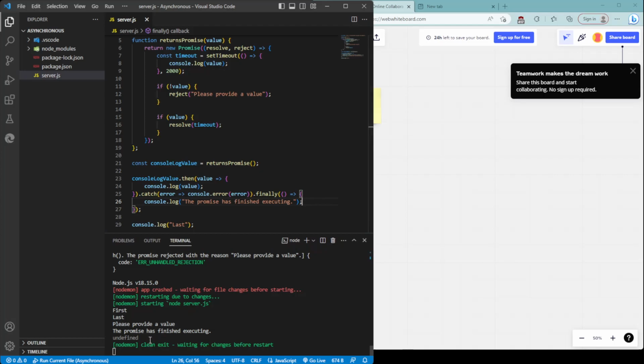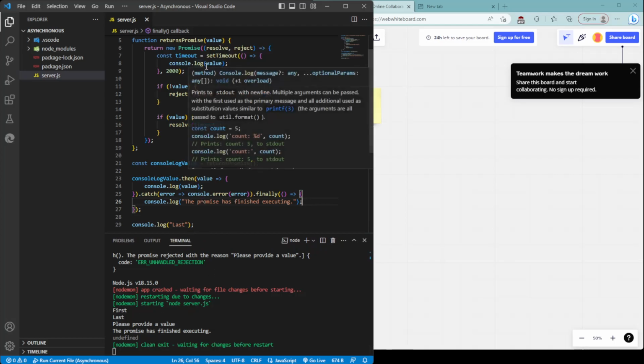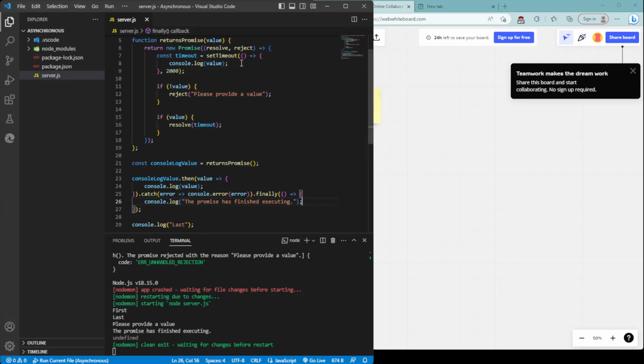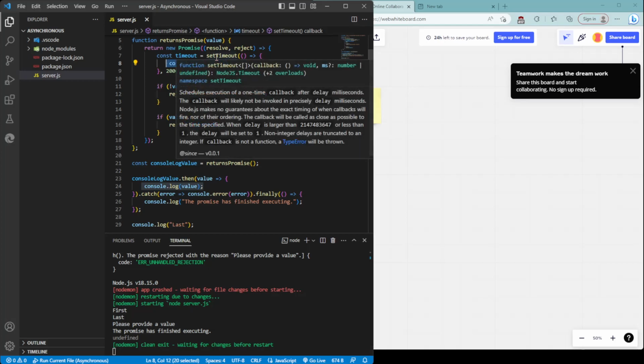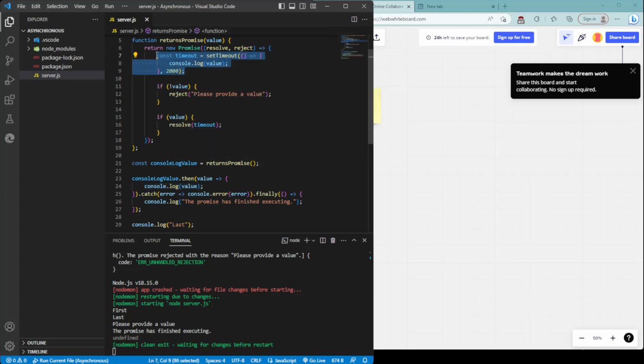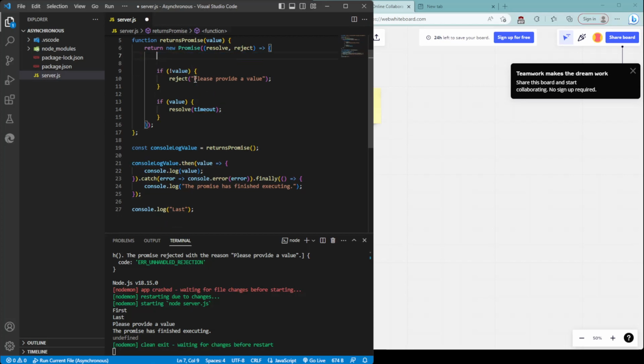What's this undefined? So this undefined actually is the set timeout, which shouldn't be the case. It shouldn't actually happen, but it happened because we actually ran it inside of this promise. So I was wrong in that. Let's just say that